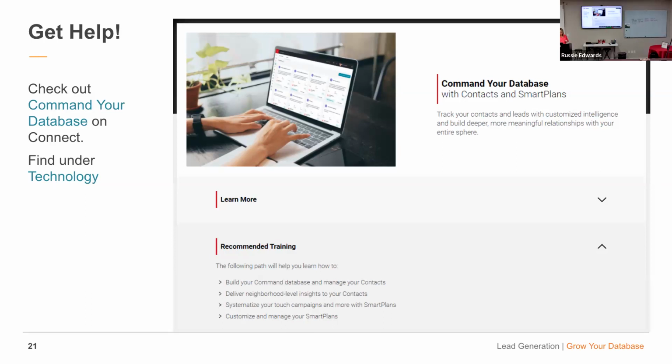Did I show you? I can't remember if it was in Ignite or in coaching, how to import from their phone. Yeah, you did. Import the contacts, just right from the app. You just go to contacts and then click the three dots and it will say import and it will import them from your phone. If you haven't downloaded the Command mobile app, do it right now.